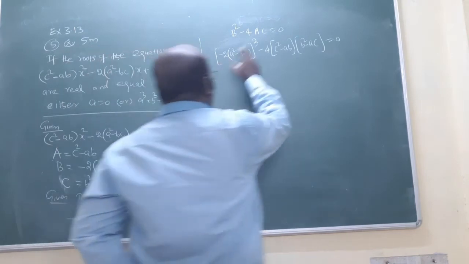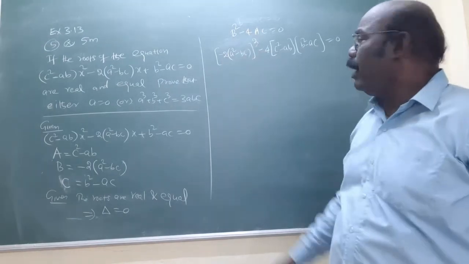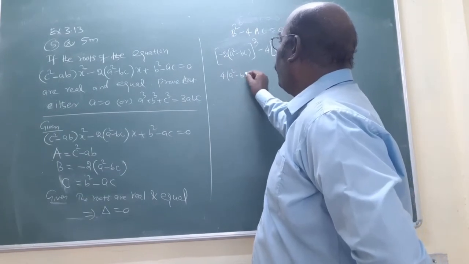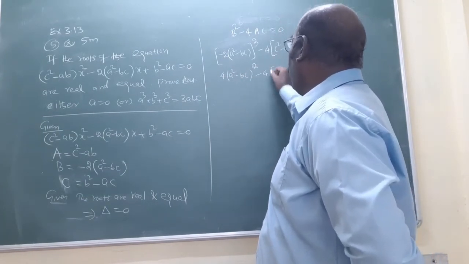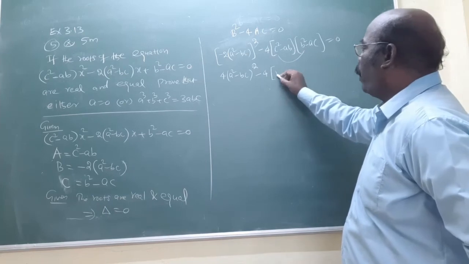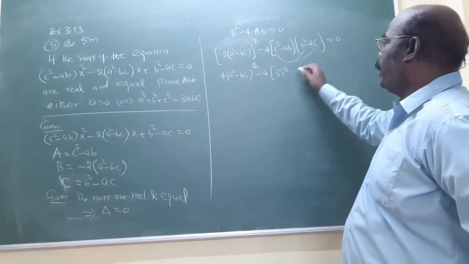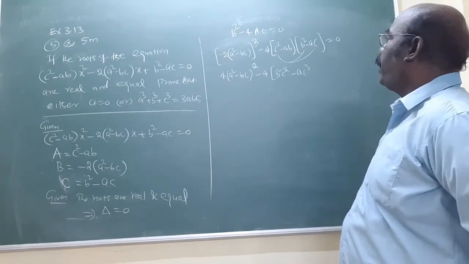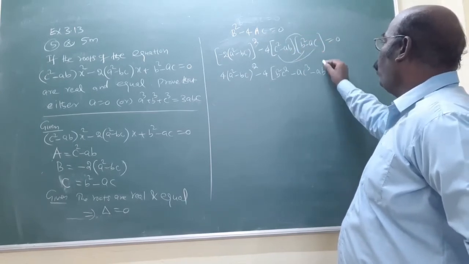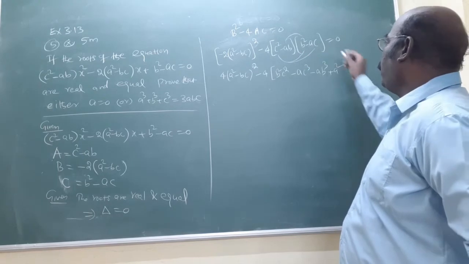Now, minus 2 whole square: minus 2 having square and a square minus bc also square. 2 square is 4 into (a square minus bc) whole square, minus 4 into, put the bracket and multiply. c square into b square, that is b square c square. Then multiply these two: c square into minus ac, minus a into c power 3. Next, minus a into b into b square, that is b cube. Minus into minus plus a into a square, plus b into c, bc.